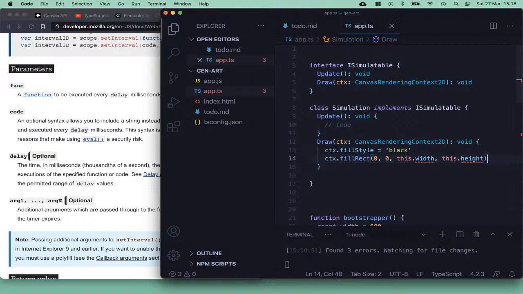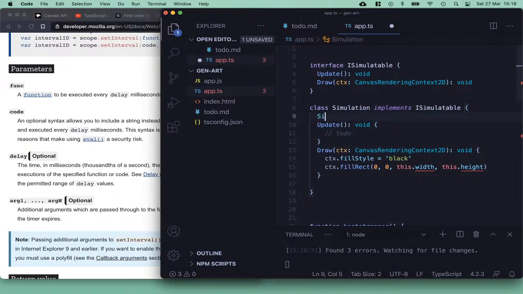Of course these are not set up, so let's go and create this simulation constructor,